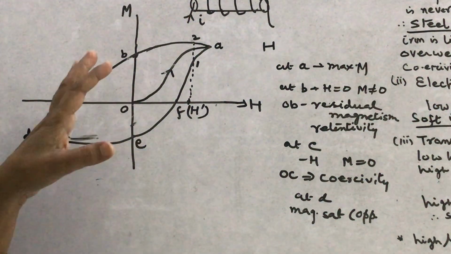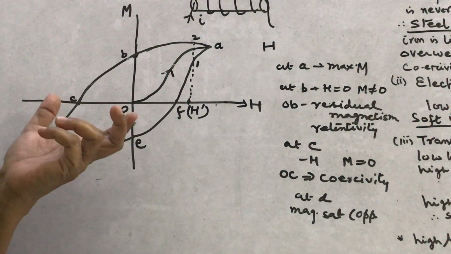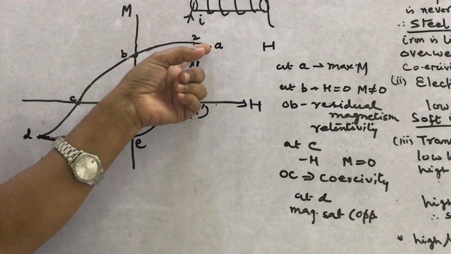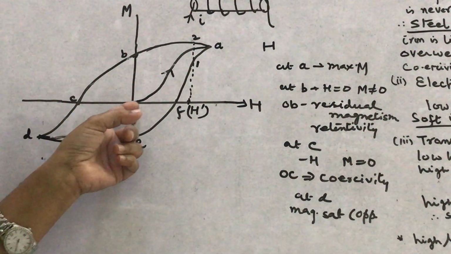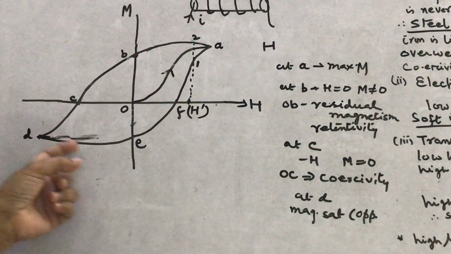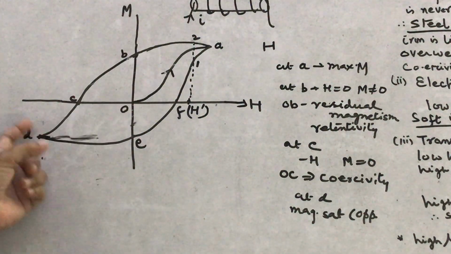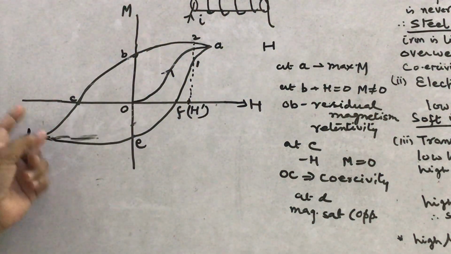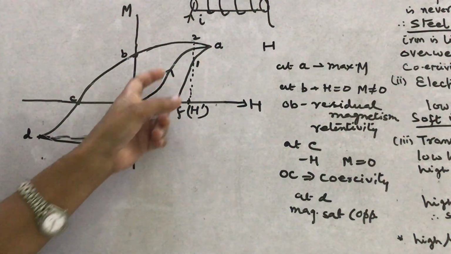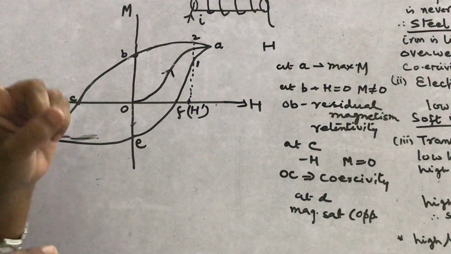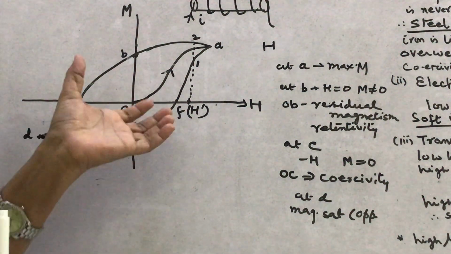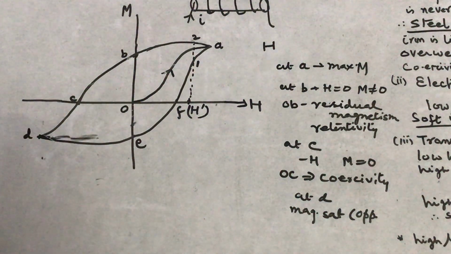Now, energy is not conserved. We have seen that energy is conserved in reversible processes. This process OA is never retraced; you can never reach OA again. You go from O to B, C, D, then E to A, then again this cycle, which is called the cycle of magnetization. This is repeated again and again, but OA is never reached. So energy is lost in the cycle of magnetization.